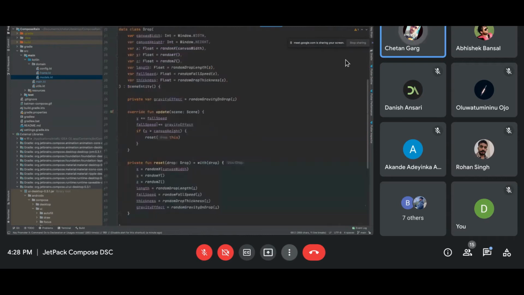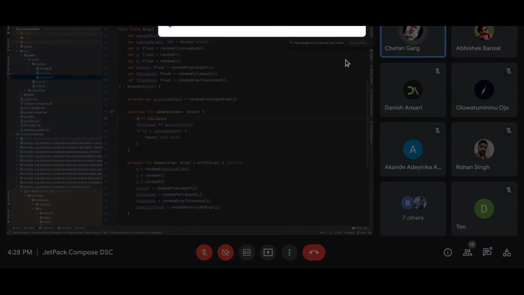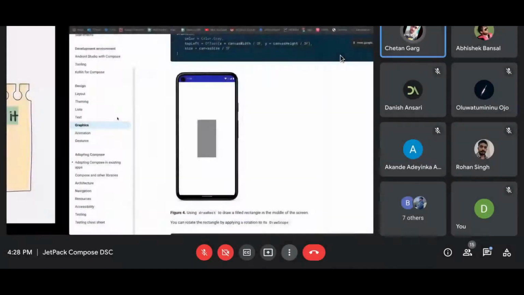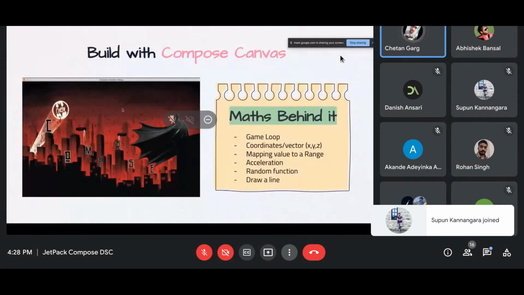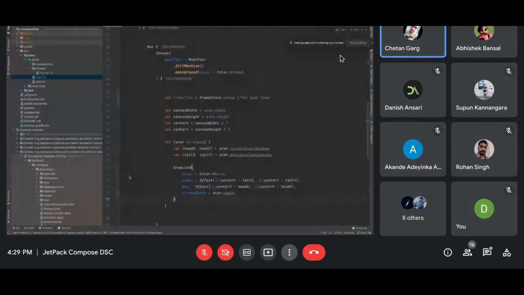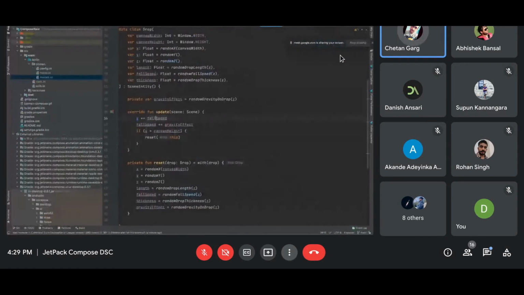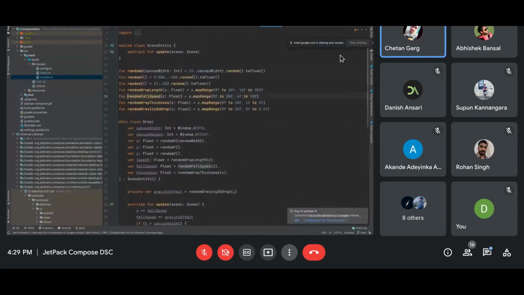Then let's come back to this update, how the canvas is updating and the motion of the raindrop is happening. So my y-axis is the thing which is dropping this rain, right? I'm increasing the y-axis, that's why it is going down. In that, I'm adding a specific fall speed, and that fall speed is getting randomly generated. Again, you can see I've used a Z to create that. So what is Z doing now?